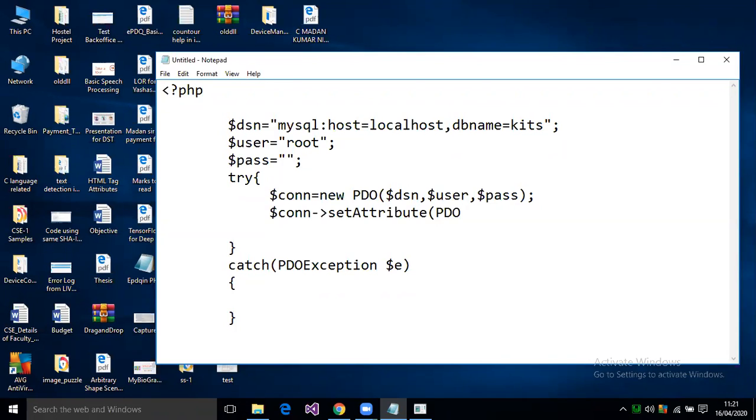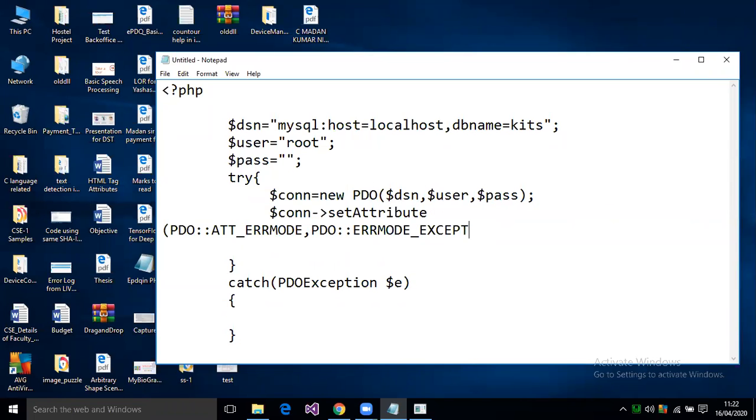So I need to write PDO. These are the enumeration types under the PDO class. One is ATTR underscore ERRMODE, all in capital letters. This is one variable. The next one is PDO scope resolution ERRMODE underscore EXCEPTION.